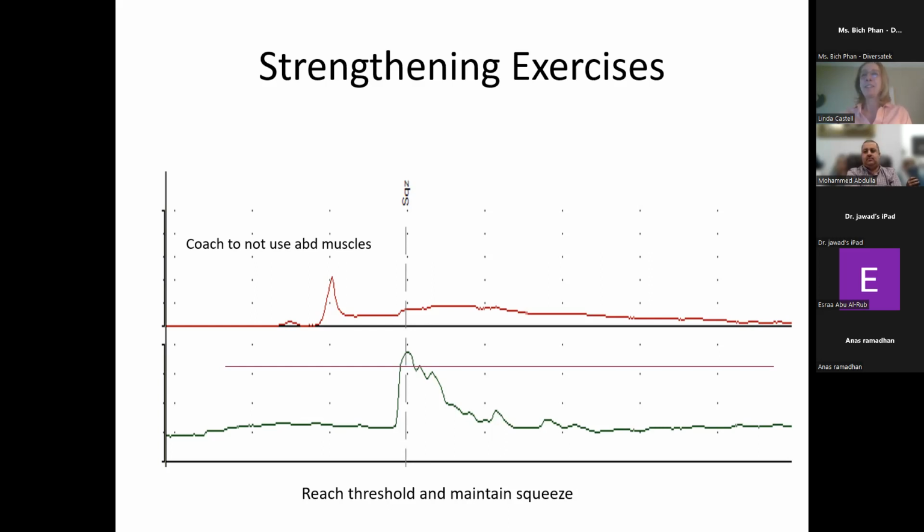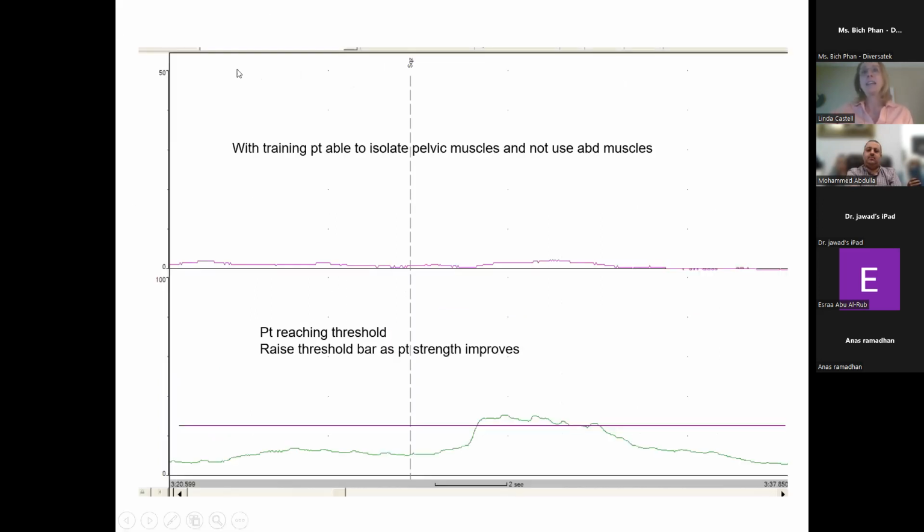And I found out later, it's probably because it's really up to your patient. It's trial and error. They try different ways to squeeze that muscle down there to get a response on the screen. So it's really more your patients trying to figure out what to do to produce this squeeze than you trying to teach them what to do. It's trial and error on your patient's part. So on the next squeeze,